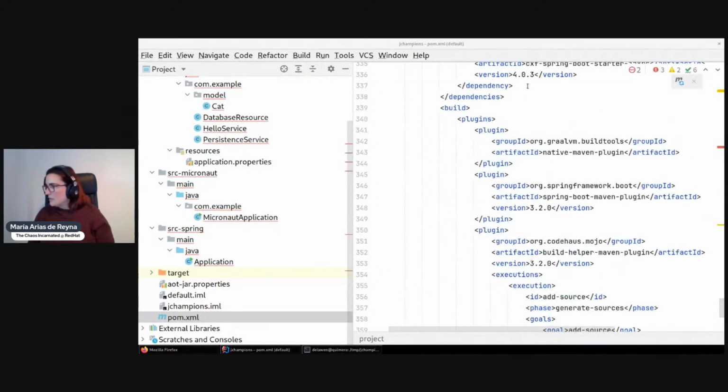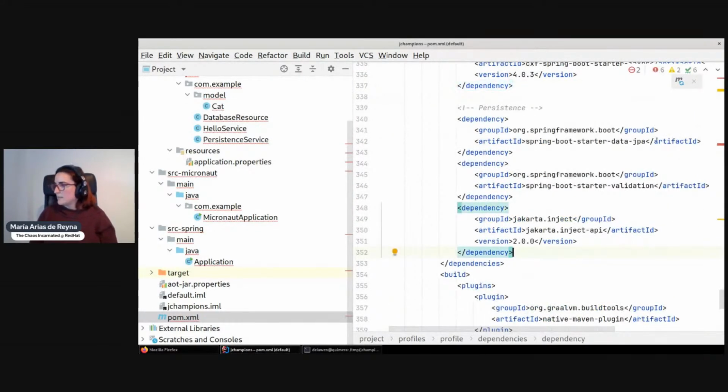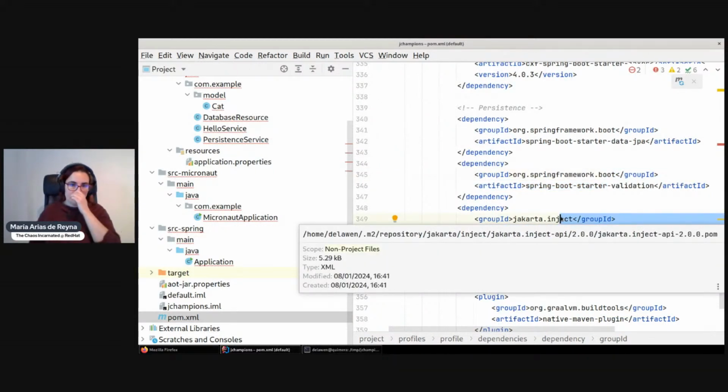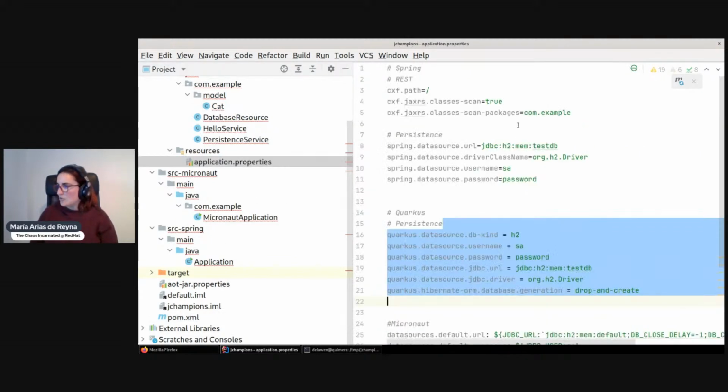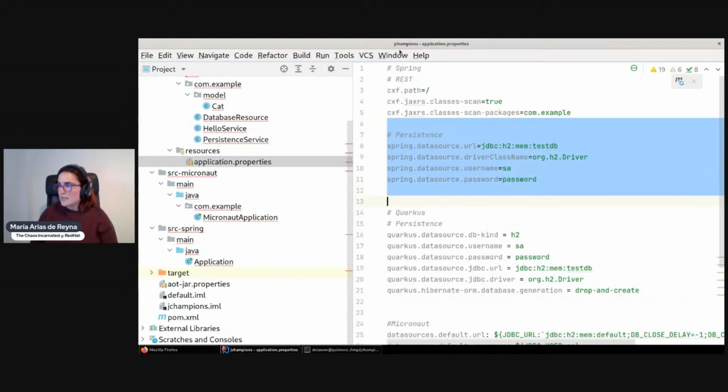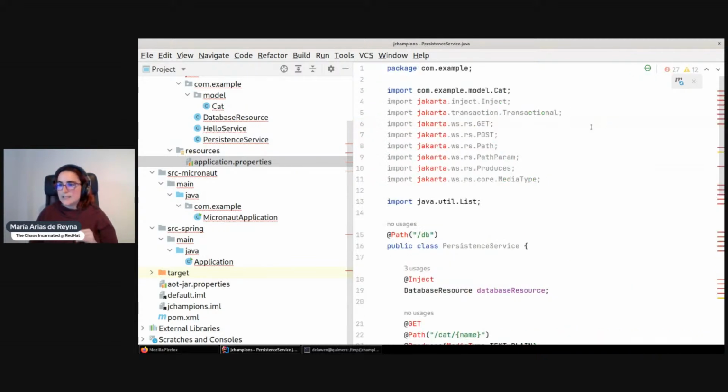Spring dependencies, just JPA validations, Jakarta to be able to detect the MicroProfile stuff. I added all the persistence on the application properties, and this is going to fail because